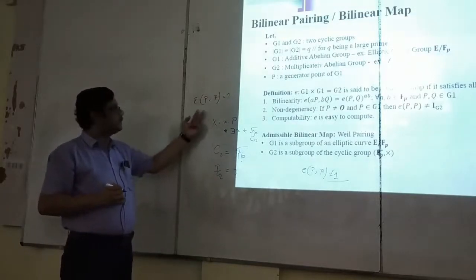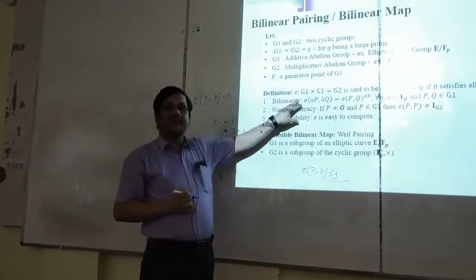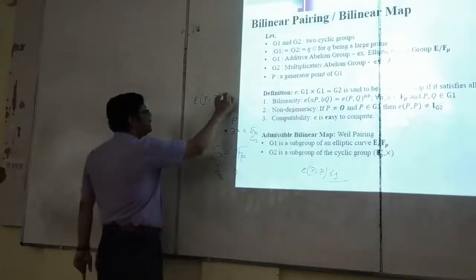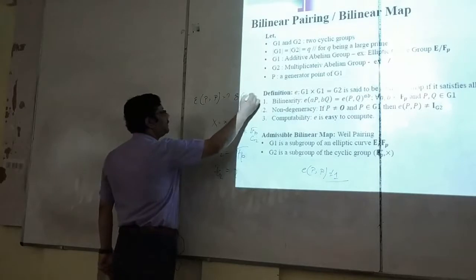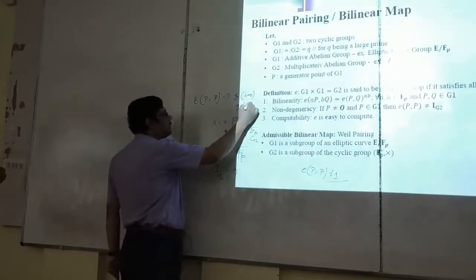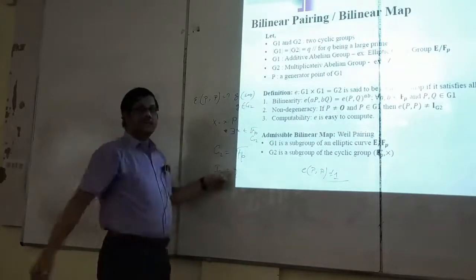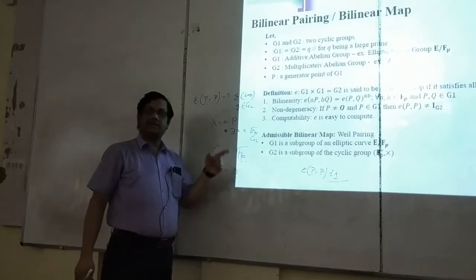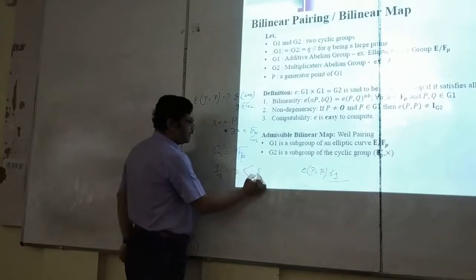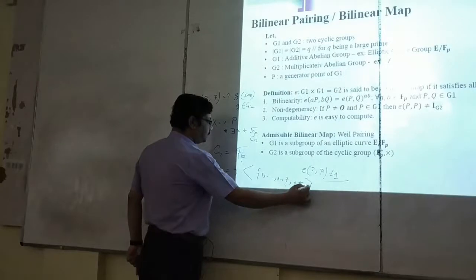So of course, we don't know what EPP is, but it is an element in G2. This is what the definition is saying: the output of this function is in G2. Let us say this is g, where g belongs to G2, and if G2 is Fp, then g is in Fp, that means something between 1 and p minus 1, because Fp is nothing but 1 to p minus 1 with multiplication.